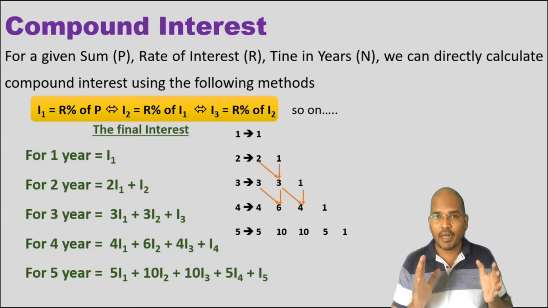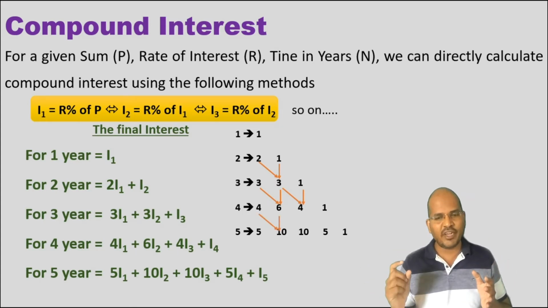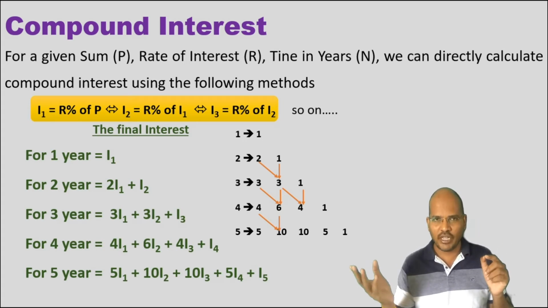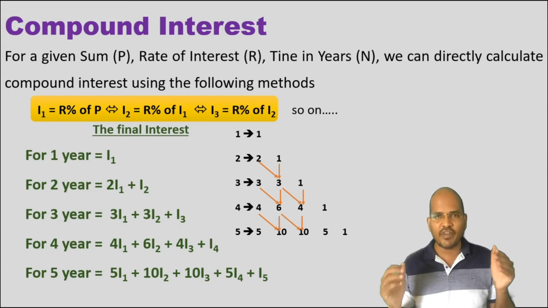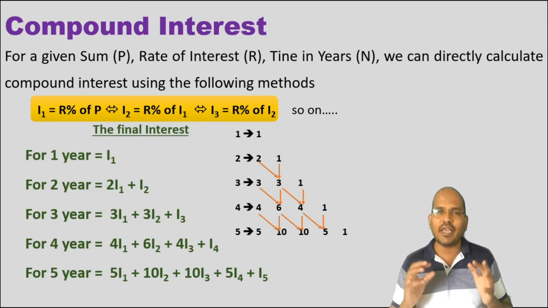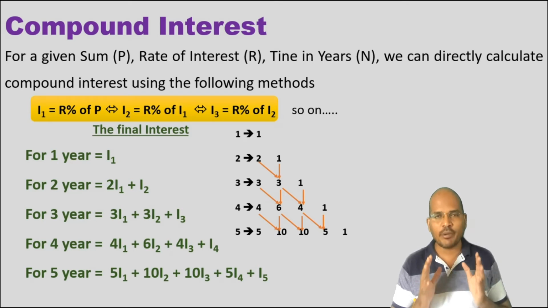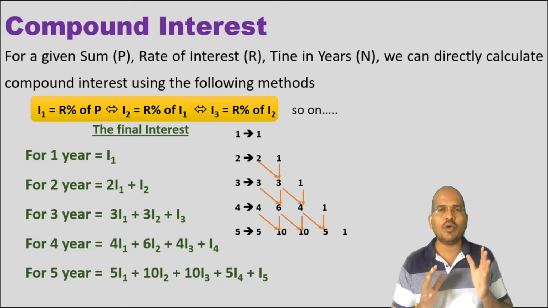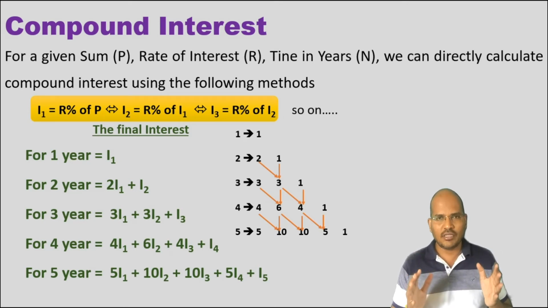You need not mug up things. For the fifth year, the first term is 5, the second term is 4 plus 6, 10, the third term is 6 plus 4, 10, the fourth term is 4 plus 1, 5, the fifth term is 1 again. So this is how you can calculate the coefficient values instead of mugging them up. We have methods to remember, and please, you need to have a little practice to learn these things. Once you do the examples, you will learn how to work with these things clearly.